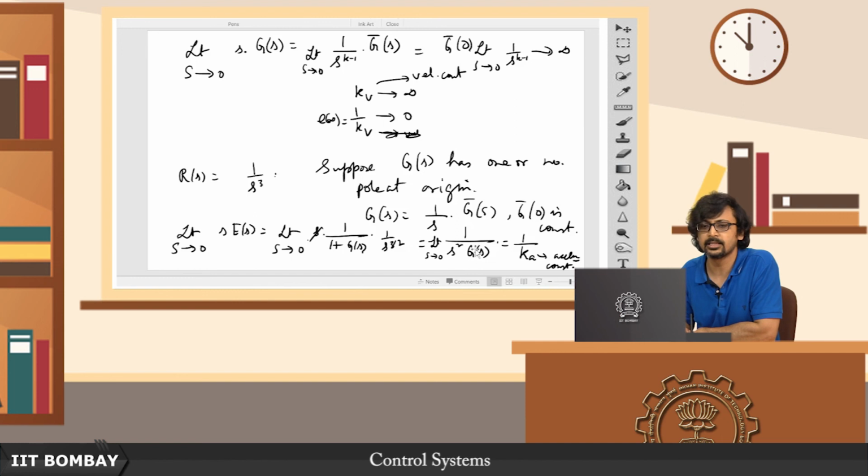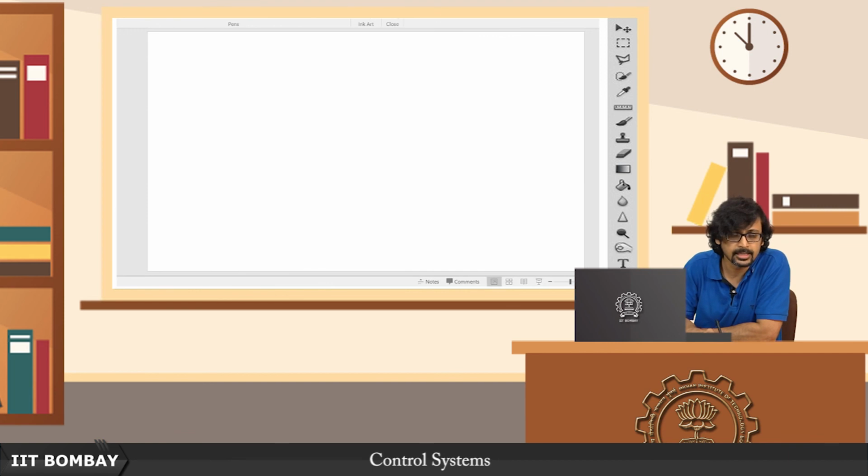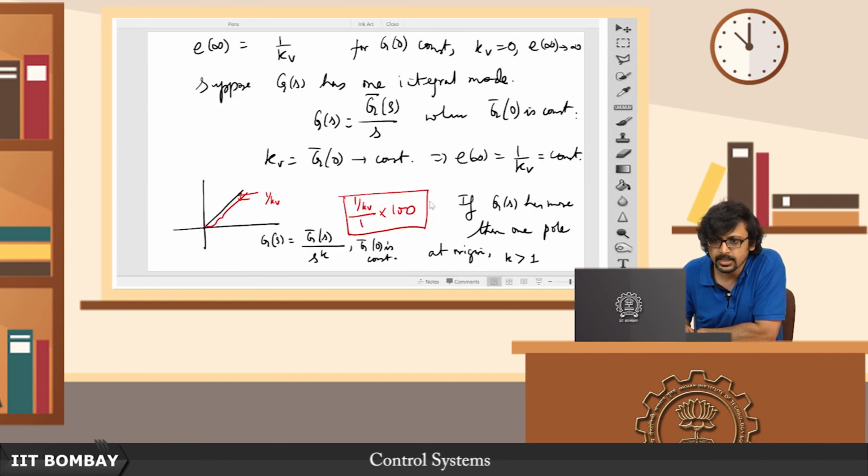Then also we see that G(s), we can factor out 1 by s cubed, so this will go to infinity. So, k_a will go to infinity, and therefore 1 by k_a will go to 0. So, therefore, the assertion is like in the previous case here,